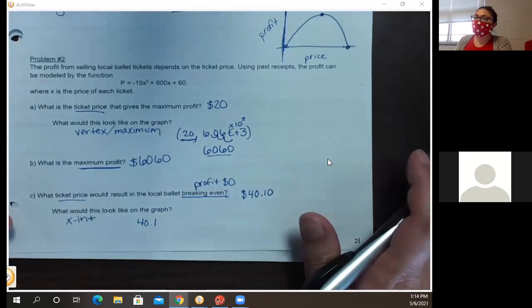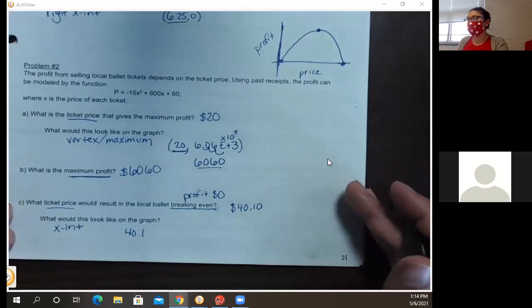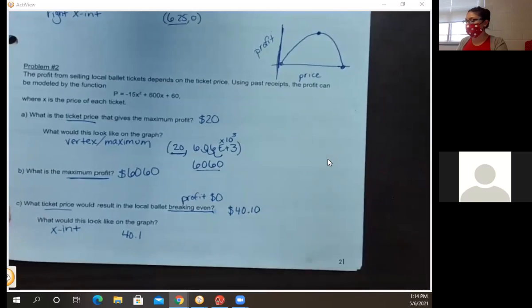Questions for me on problem 2? Okay. We have one more problem. We have one more problem we're going to take a look at for today. So on the very last page of our notes,